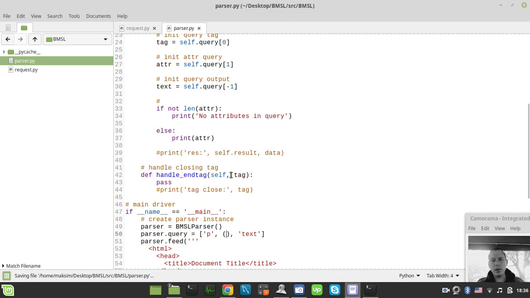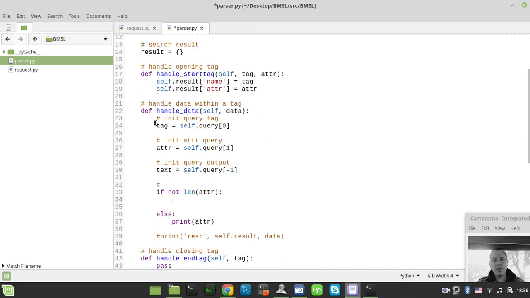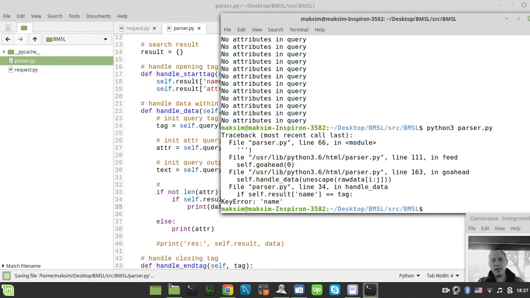So no attributes in query, and here we literally need to simply match the tag name within our result set with the tag we're looking for within our query. So I can simply say like if self.result, and we're looking for name in our case, right? So if result name equals to tag, well, in this case, let's print the data, right? Let's just try to print our data, and that's kind of it. Okay, self result name key error,